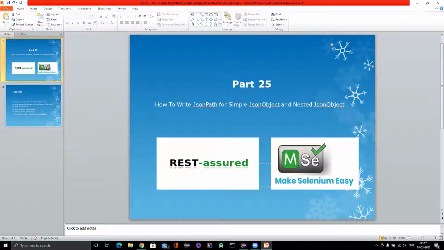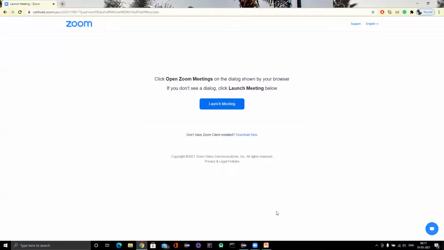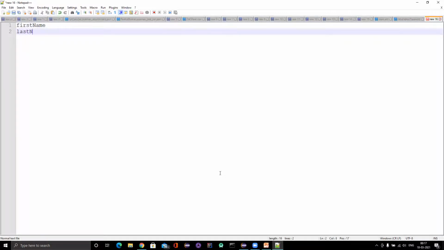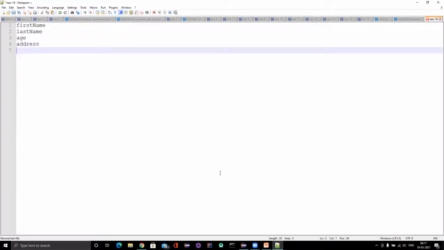Now let's go and think. Let me open Notepad++. Suppose I want to store some details of a student. I will give first name, last name, age, address, and gender.